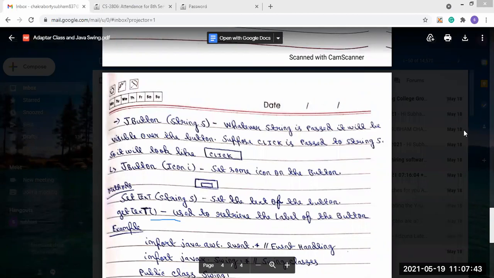This should be performed by the application programmer; as a user, we cannot do this. The getText method is used to retrieve the label of the button, meaning the text which we have set. So these are the methods and constructors present in the JButton class.